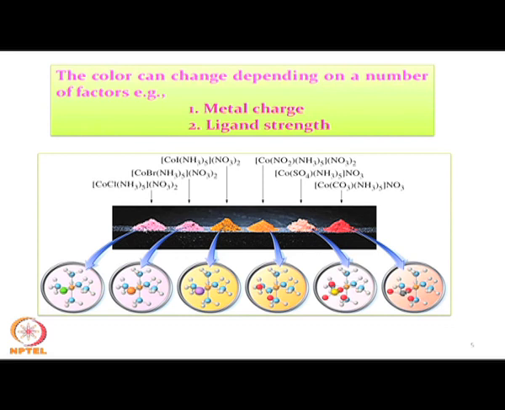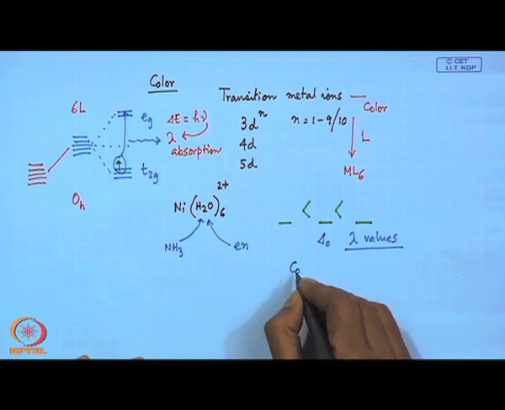the color change will take place from here to here to here. Now if we determine the solution measurements for all these compounds by making their solutions and determine the lambda max values, we will find that the effect of iodide, bromide and chloride can be nicely reflected in the lambda max values, and from those values we should be able to predict the corresponding delta 0 values for these cobalt compounds. So, cobalt is there,